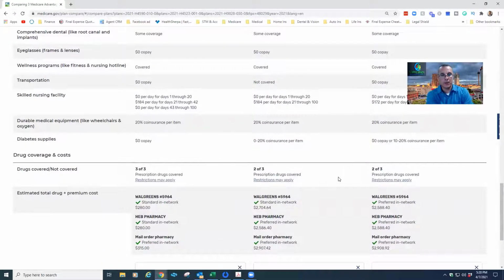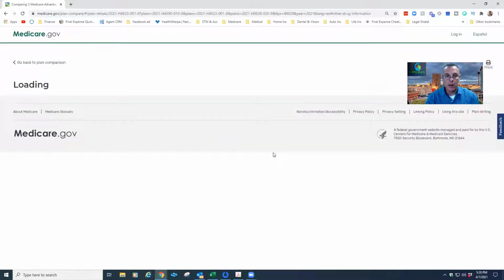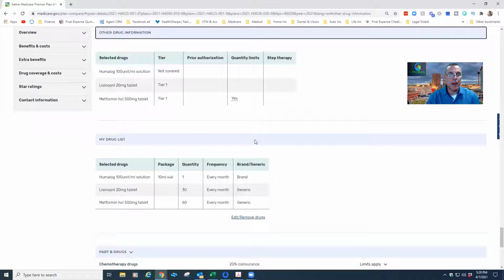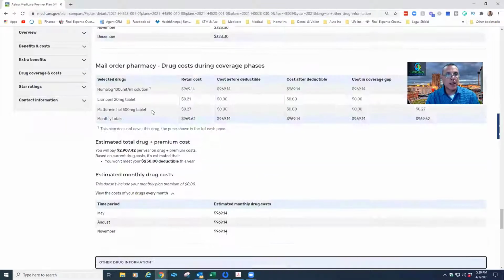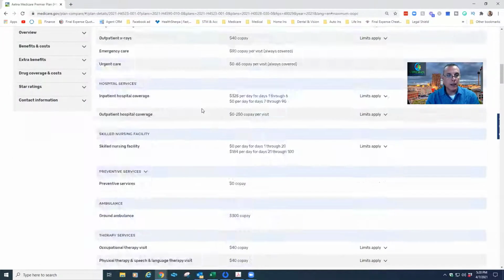This is important, guys. You've got to make sure that the plan that you want to choose has the drugs that you're taking. So if you look at here at United, you will see it says 3 of 3. It's telling me here that all 3 of the medications that I entered are covered. But look over here with Aetna and Humana. Only 2 of the 3 are covered. So let's find out which 2 of the 3. I'll click on restrictions may apply. And it's telling me here with Aetna, this is Aetna, I believe, I think I clicked on that. Yes, with Aetna,